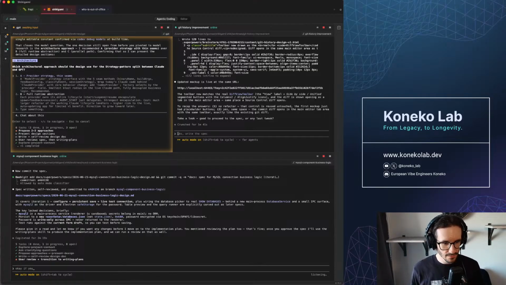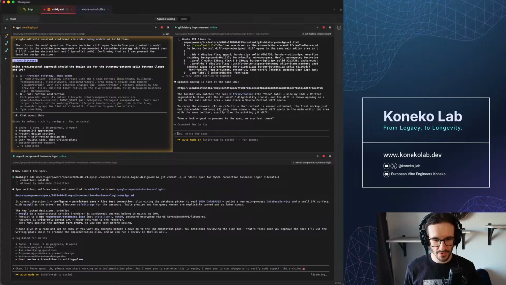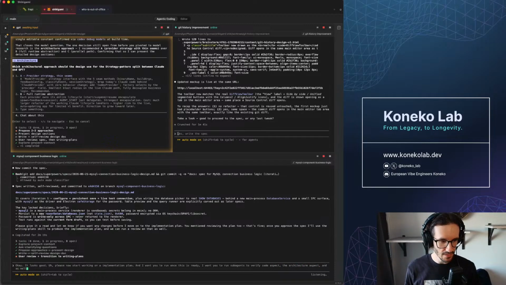Okay, it looks good. Please now start working on an implementation plan, and once this is ready, I want you to run sub-agents to verify the code aspect, the architecture aspect, and as well I want you to focus on